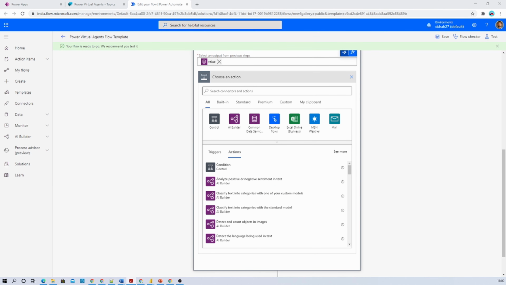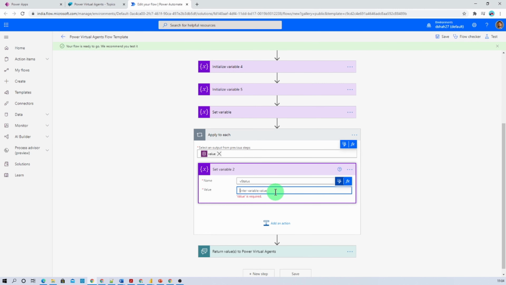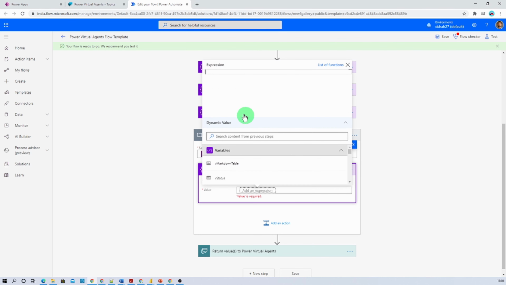So first of all we will set status, delivery date, device name, and then at last we will set the markdown table. First of all, set a status, go to the values and add an expression. Just provide the expression that I have provided in the hands-on.